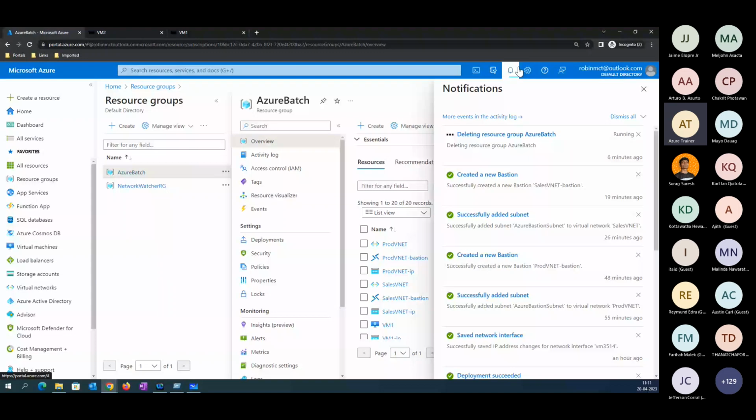Sir, can we use a free account to practice this concept? Yes, Melinda, if you have created a free account, it will allow all this flexibility of creating and managing all these Azure networking components. You can use the Azure free account, which will allow you to practice all these steps.